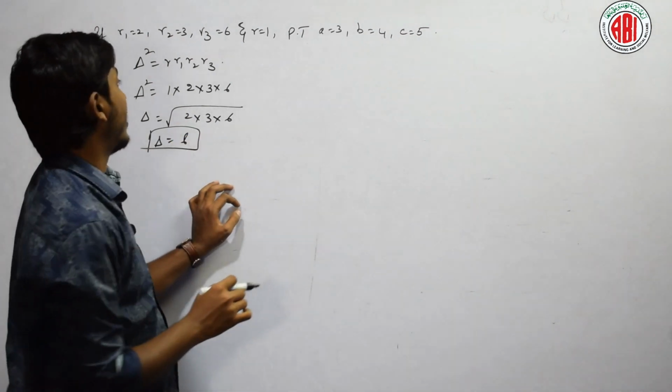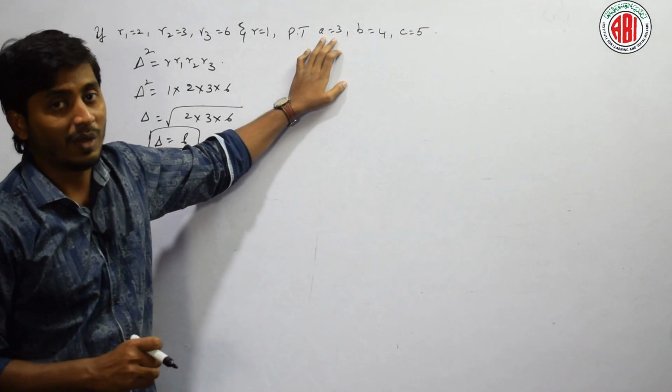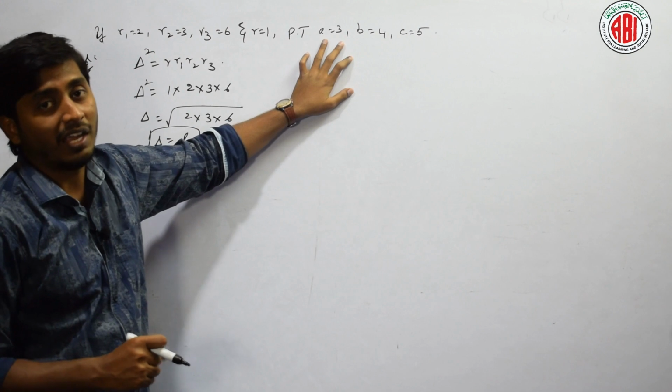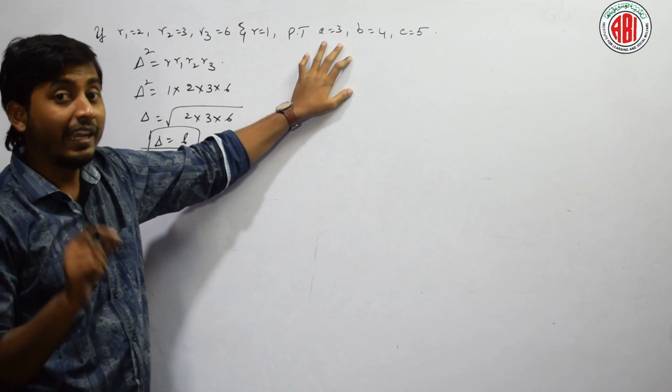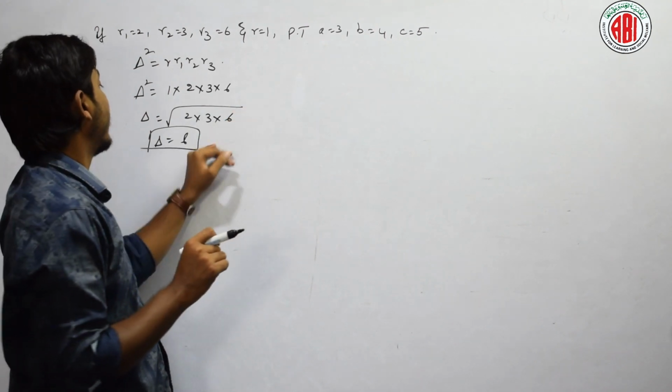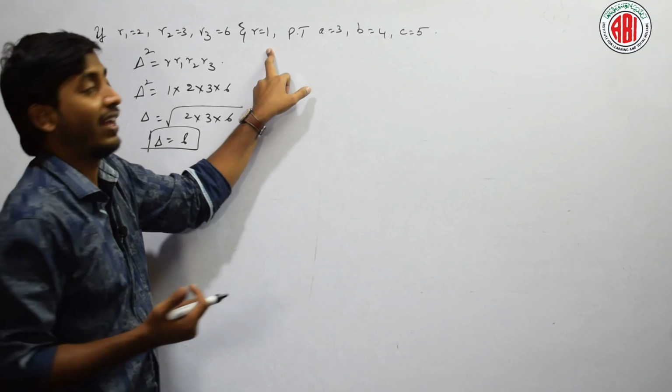Right? Just tell me, what is the formula of A now? In order to find the value of A, we need R1. R1 is equal to delta by S minus A. We need S now. How to find S? Delta is there, R is there. Can I find the value of S? Yes, we can.